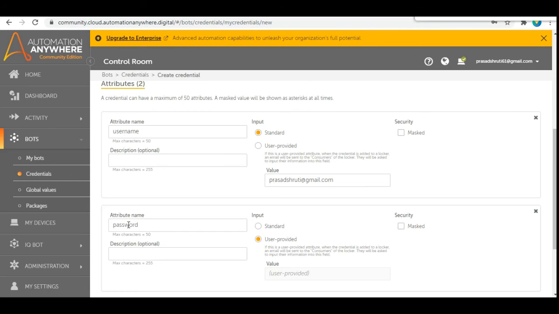This credential and locker room secures your email and password. Its behavior is the same as a locker. And for password, click standard, and then password, you can mask this password and then put your original password.